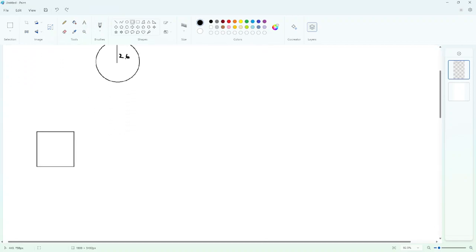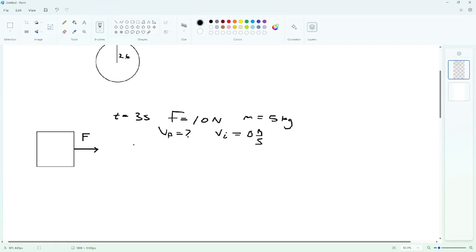So essentially, imagine this. You have a block, right? You're applying a force on this, and you apply this force for 3 seconds. Let's say this force is equal to 10 newtons, and we make the mass of the block 5 kilograms. What would its final velocity be if its initial velocity is equal to 0 meters per second? Well, how you would do this is,